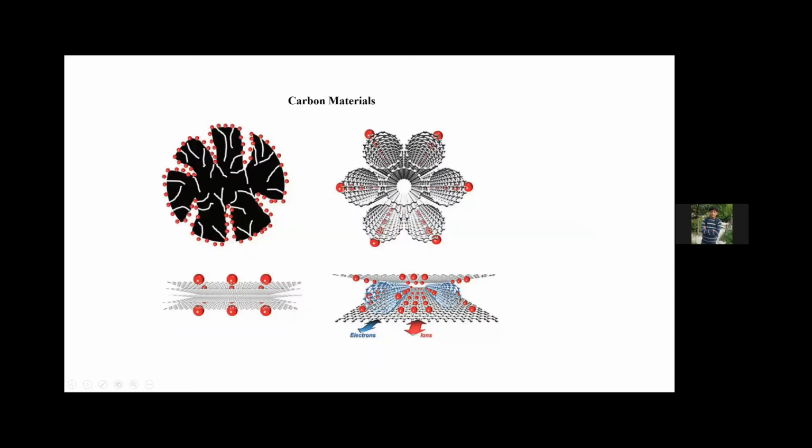Okay. Anyway, here are the different porous carbon materials, as I already told you last time about how the pores form. This is the porous carbon, this is the nanotube, this is the graphene, and this is the doped carbon, graphene and nanotube. So we can see here the pores, and the electron transfer or ion movement, and this is very beneficial for supercapacitor applications.